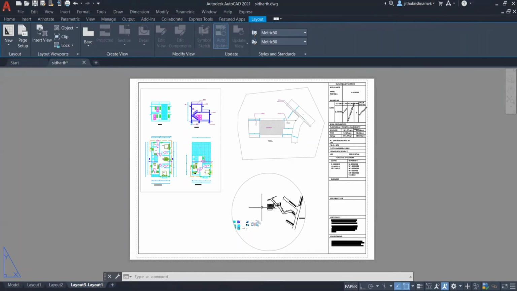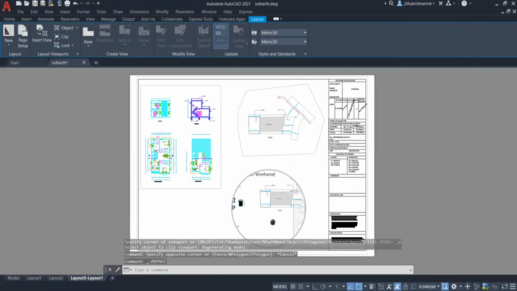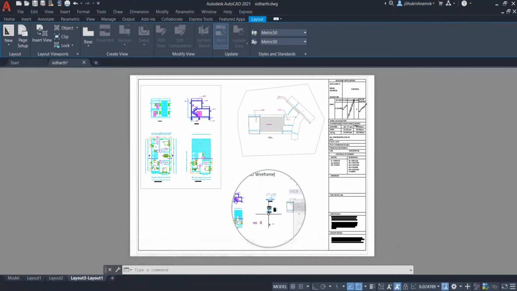Now the viewport has been created. Now we can adjust any views accordingly. See, so these three are the types of viewports in AutoCAD.